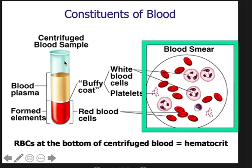I mentioned taking a blood sample and centrifuging it down. So recall a centrifuge is a machine, and if you're having really small tubes for samples, you would use a small or even micro centrifuge, and then the bigger your sample, the bigger your machine will be. But anyways, what it does is it spins very quickly so that the heavier particles in your sample go the farthest to the bottom, and then everything, depending on how heavy it is, will fall more or less towards the bottom, right? So the lightest portion of your blood is the plasma, the heaviest would be the red blood cells. Okay, so